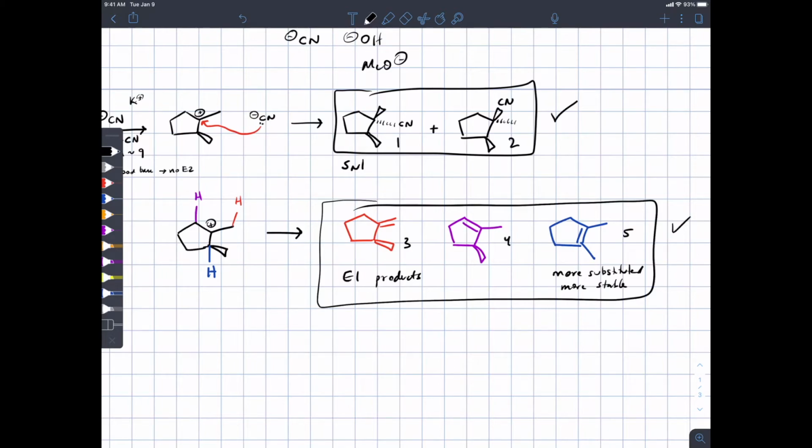Does it go in this order 5, 4, and 3 in terms of abundance? I can't say anything about absolute percentages. I would guess that the tetra-substituted alkene is more stable than the tri, which is more stable than the di-substituted. But all bets are off in terms of exact percentages. Yeah? In an E1 reaction,